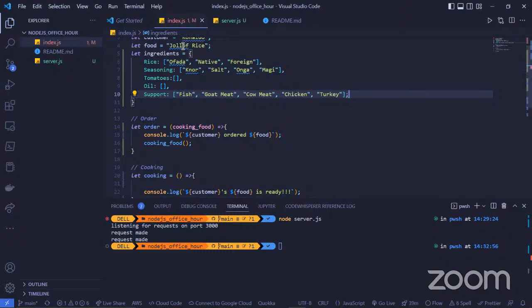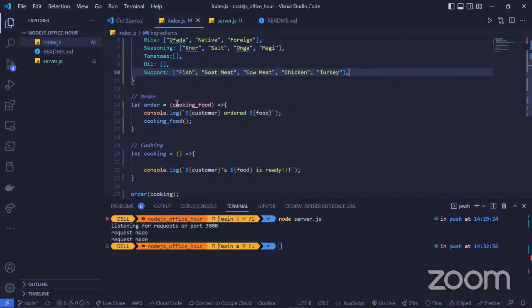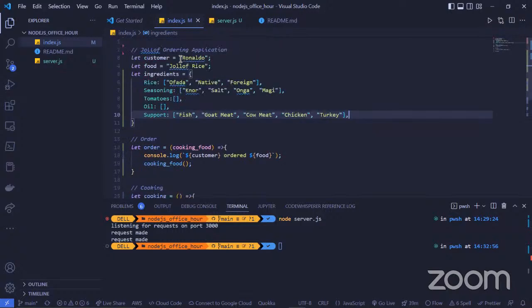Basically, that's how we say it in Nigeria. So we have our object called ingredients. And as we go through this course, what I'll be working with is just rice.